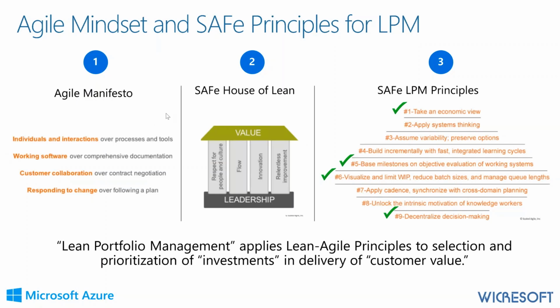Scale Agile Inc. creates SAFe and the SAFe House of Lean as core principles that an organization has to ascribe to in order to begin a SAFe Scale Agile transformation. And we have lean portfolio management now, which really is driven by four SAFe principles: taking an economic view,